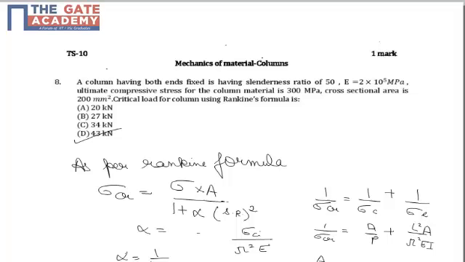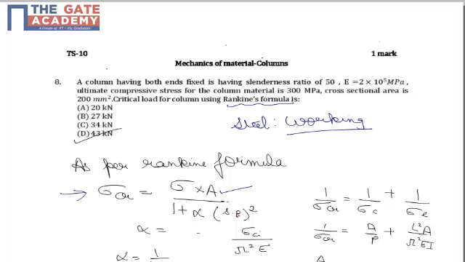Dear students, the following question is a 1 mark question from the topic of columns from mechanics of materials. Those students who have studied the subject of steel structures by the working stress method must be very familiar with this formula, which is called the Rankine formula for columns or the Rankine-Gordon formula for columns. Now, as per the Rankine formula, the critical stress for an intermediate column is given by sigma into cross-sectional area of column